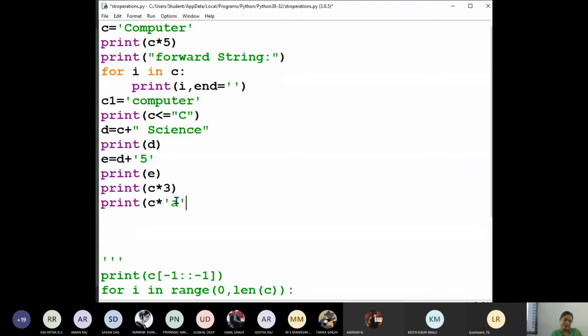Multiplication of strings means, see now suppose if you want to do something like print C multiplied by A. Okay, another string. Then what will happen, children? Can someone guess? Computer science ये आएगा. Multiplication, it is not plus. Plus will only take concatenation, that means adding at the end. But here what do we get? Let me execute and show you.